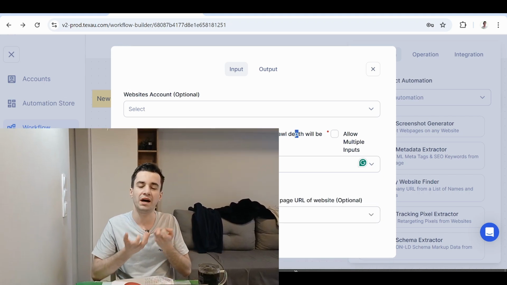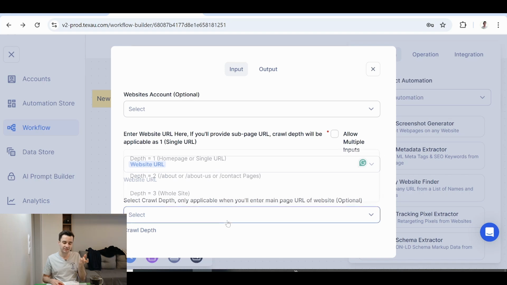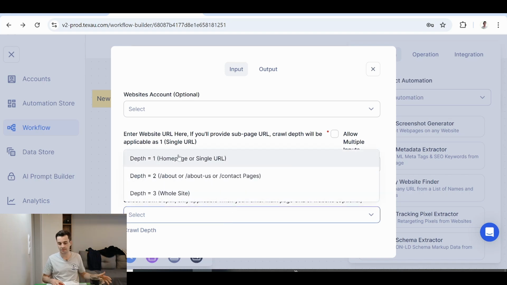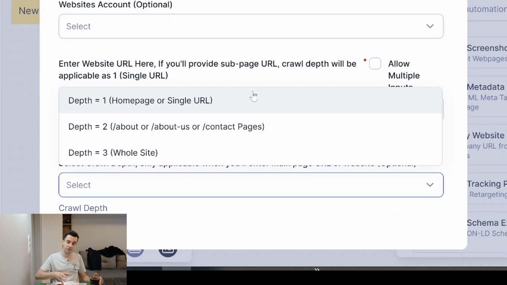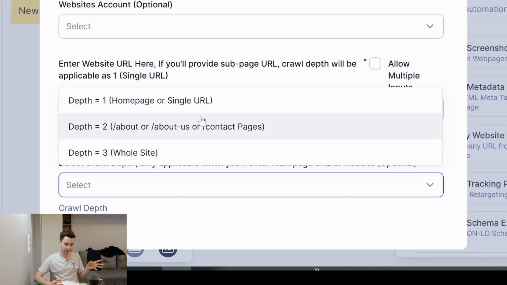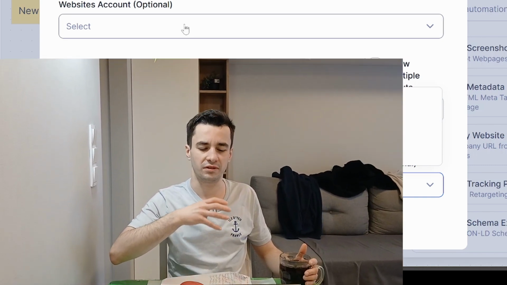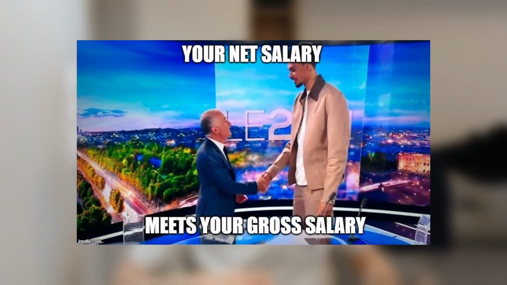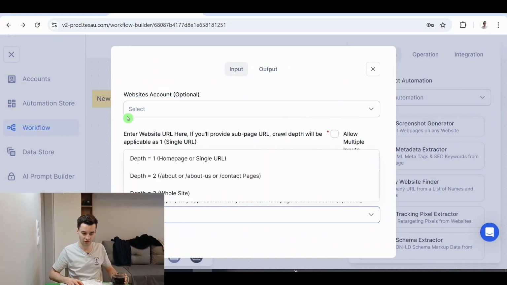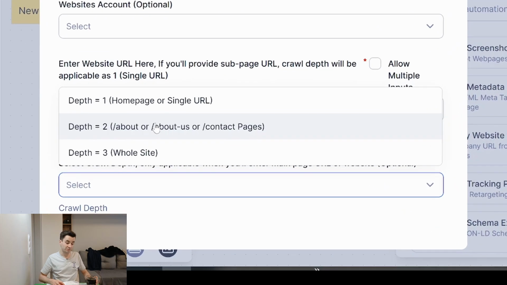In the same way as on Phantom Buster, you have different crawl depths, from 0 to 2 usually, but in that case it's from 1 to 3. Depth 1 means you only visit the home page, depth 2 means the home page and the about and contact pages, and depth 3 means the whole site. So I can perfectly set up the depth to 3. The problem is that it's going to consume a lot of credits, which we don't have that much of. Depth 2 seems to be